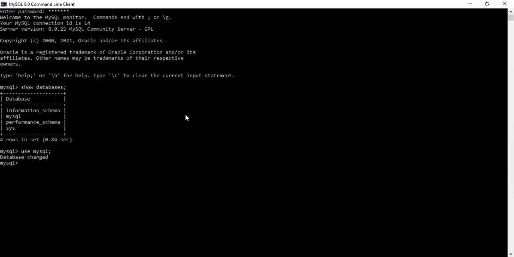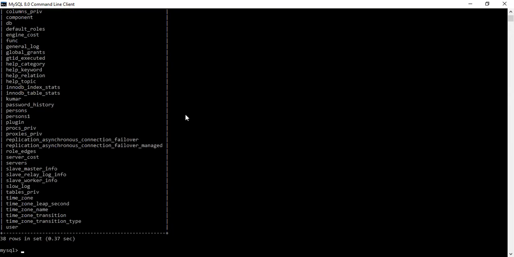Up to now, what are the available tables in MySQL? With the help of show tables, we will see. These tables are available, 38 tables in MySQL. Now my aim is to create new tables. First I will create the table with the domain constraints, and after that we will find the solution. So first we will discuss what the domain constraints are.